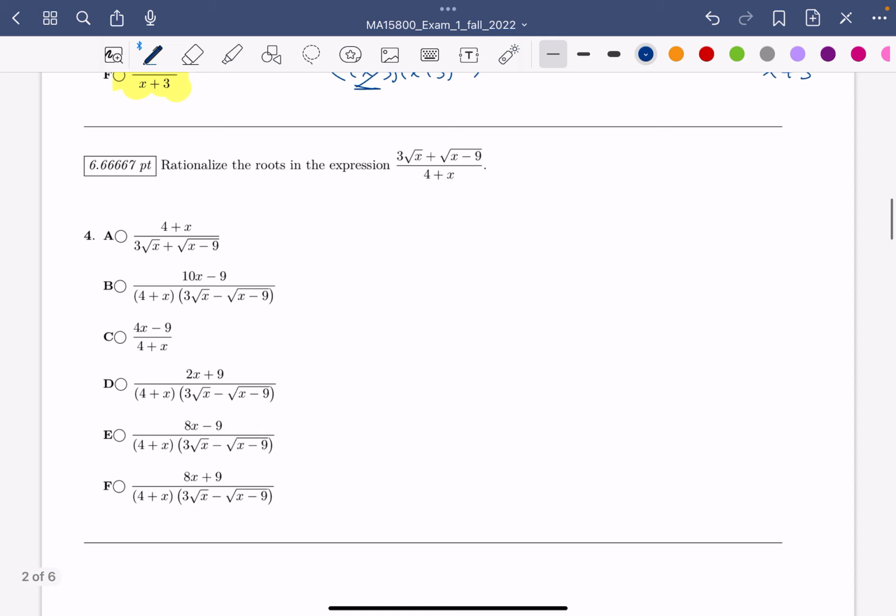Number 4, rationalize the roots in the expression 3 root x plus the square root of x minus 9 over 4 plus x. So when we're rationalizing roots, we want to use the conjugate. That basically just means flipping the sign here in the middle. So to find this, we're going to multiply by the conjugate. So if I rewrite this, right,